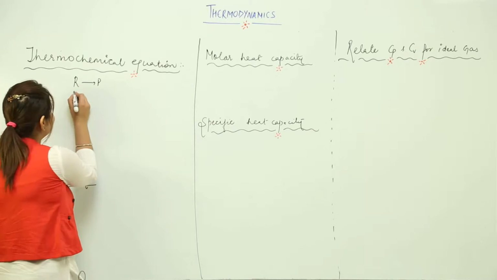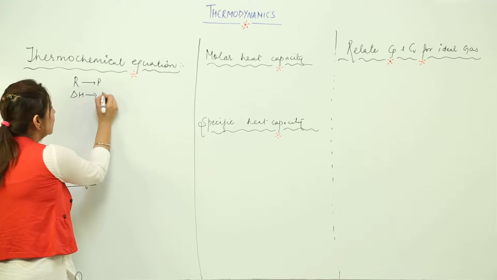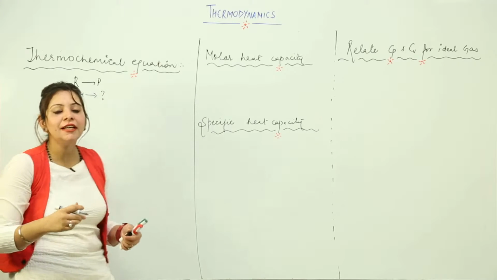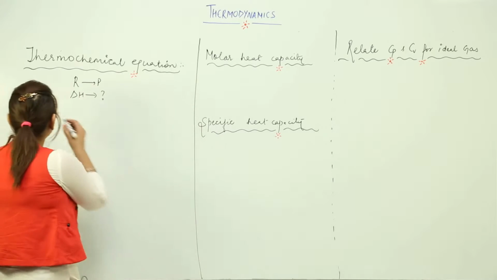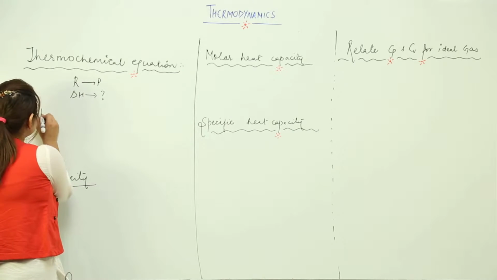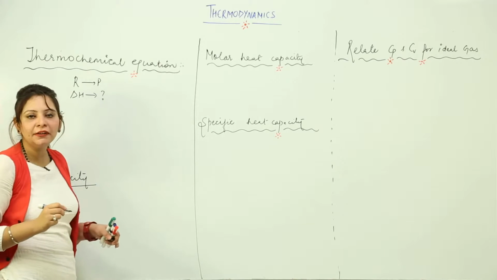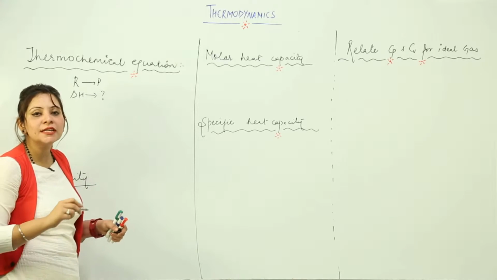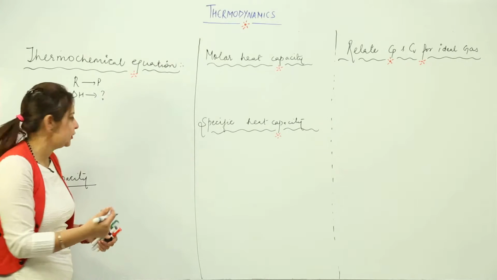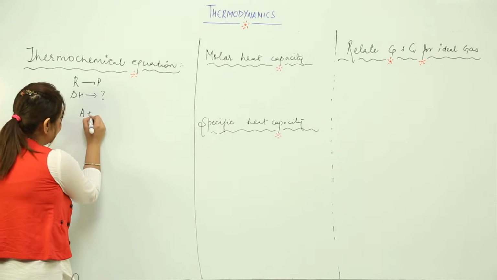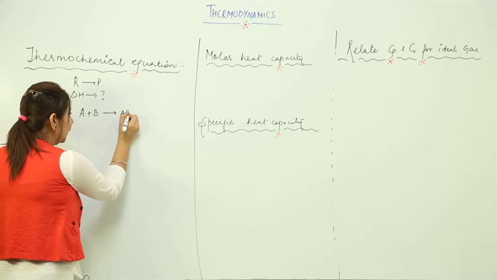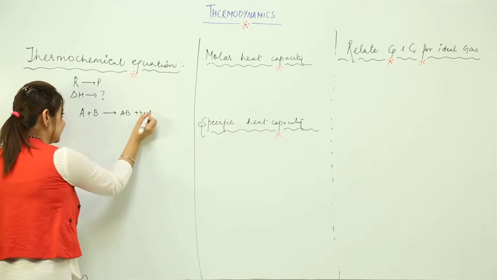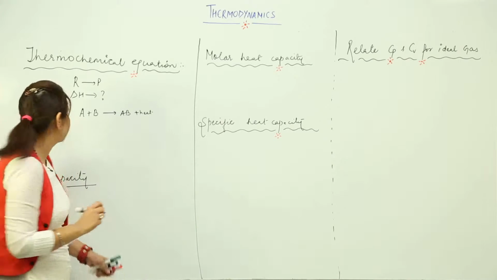That means we get the information regarding the delta H, whether heat is released or energy is absorbed. See, for an exothermic reaction, suppose I'll write a reaction which is exothermic. What is an exothermic reaction? It is a reaction which is accompanied by the release of energy. So I'll just write a general example: A plus B gives AB, and along with that we get heat. So this is an exothermic reaction.